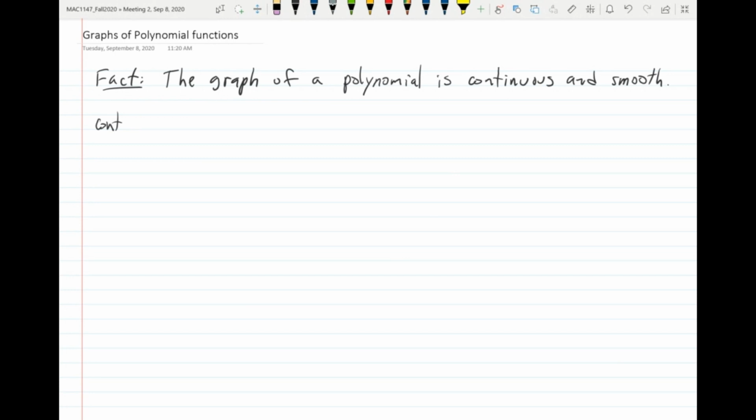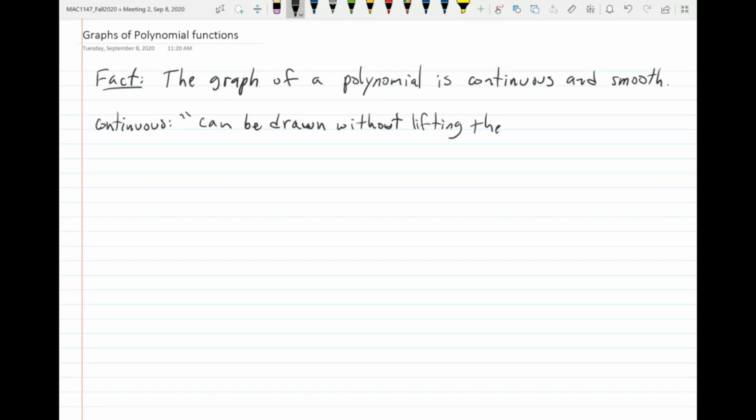Continuous basically means that you can sketch the graph without lifting your pencil. In other words, no gaps, no holes, nothing weird happening in the graph. So you can draw it without lifting your pencil. That's what we mean by the word continuous, roughly. There is a formal definition, but that requires calculus. So it means that it can be drawn without lifting